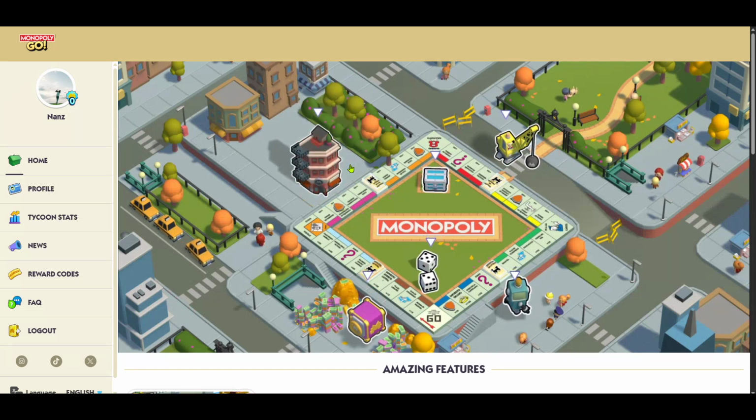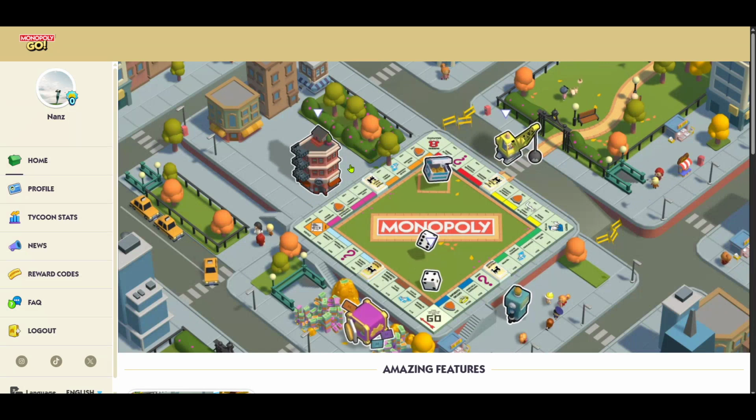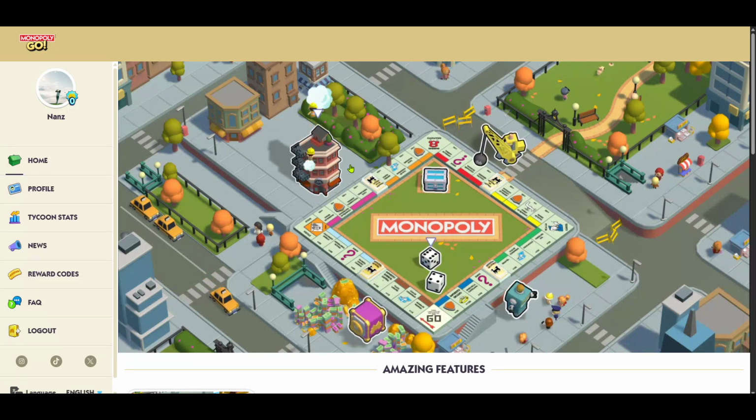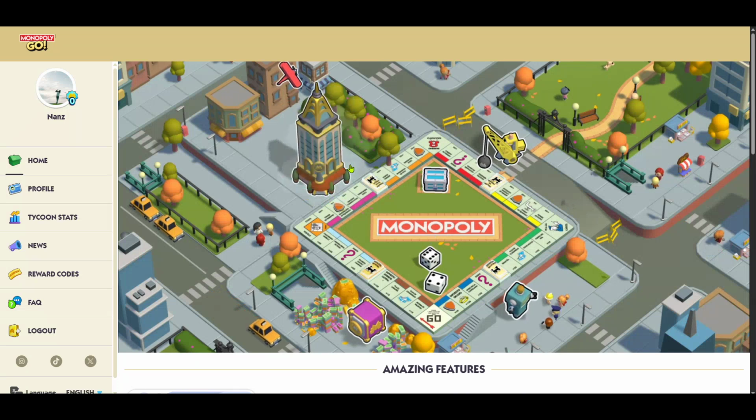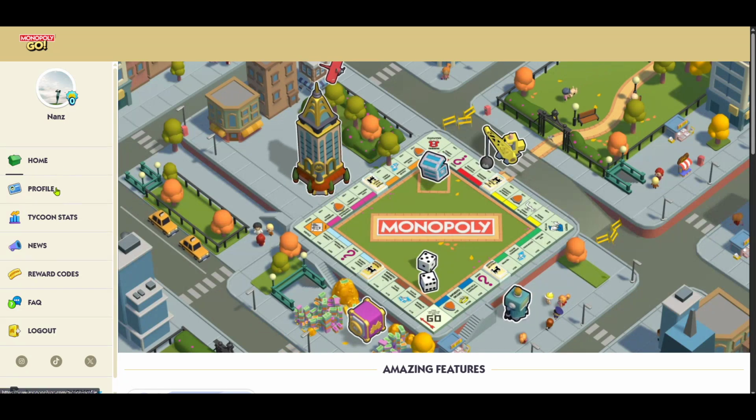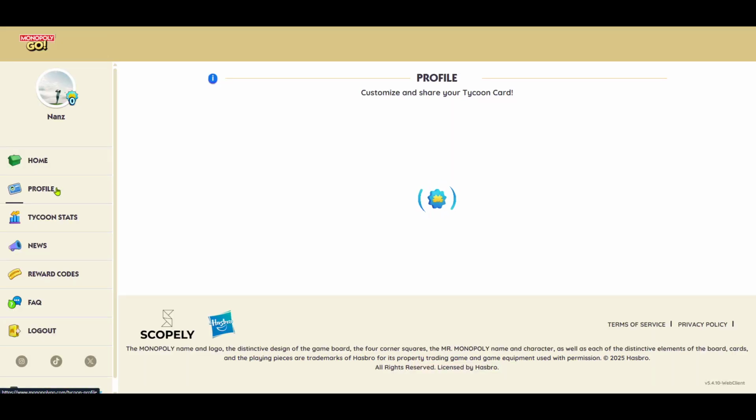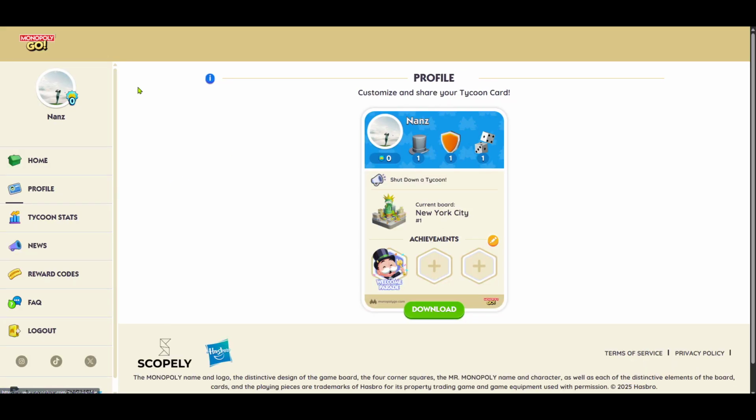Now, you're back at the Monopoly Go home screen. Double-check everything to ensure your profiles appear connected. You might see an icon or a notification reflecting this successful integration. If you encounter any issues, usually a simple refresh of the page or clearing of your browser's cache will help resolve it. Congratulations! You've successfully linked Monopoly Go with your Facebook account and are ready to enjoy the expanded features